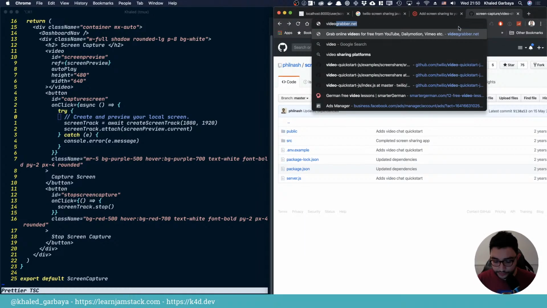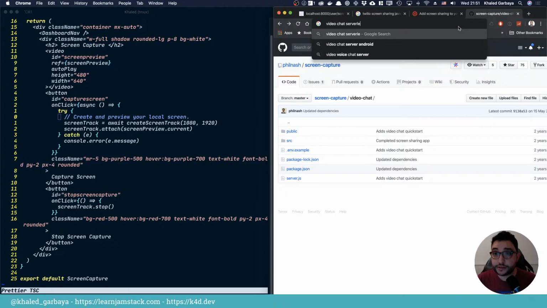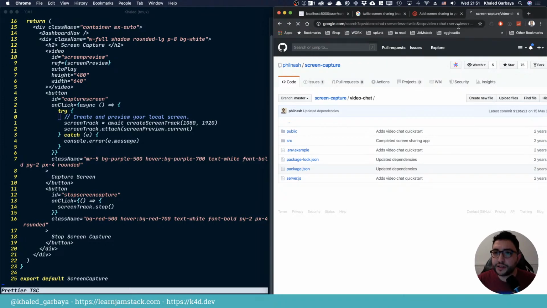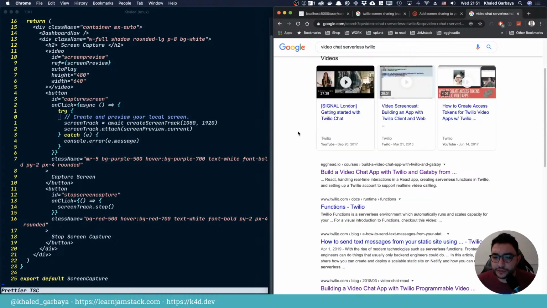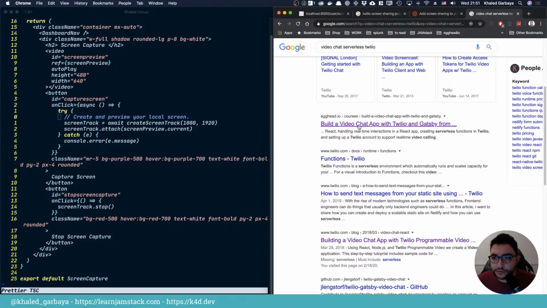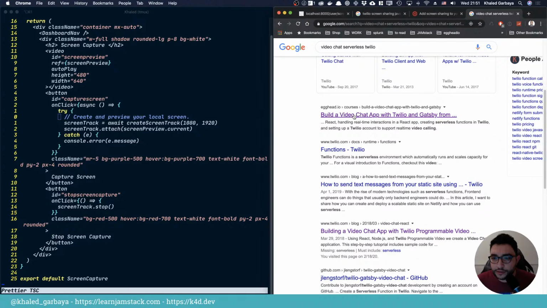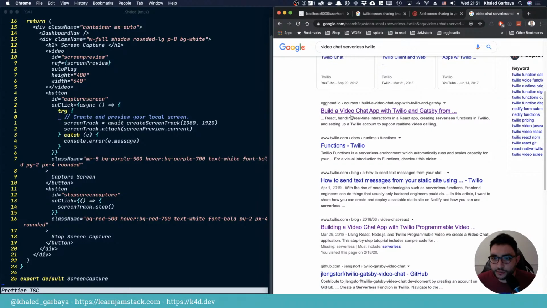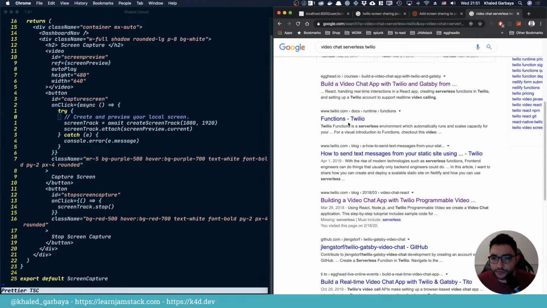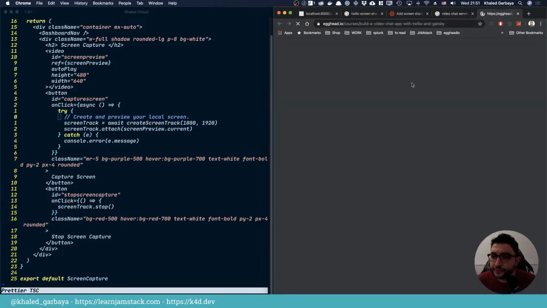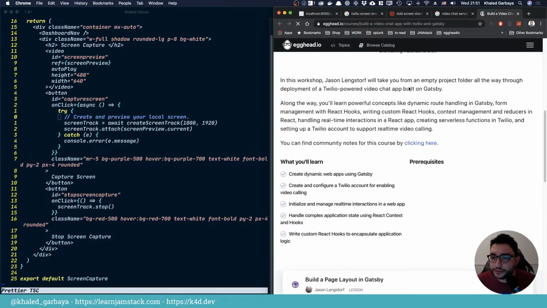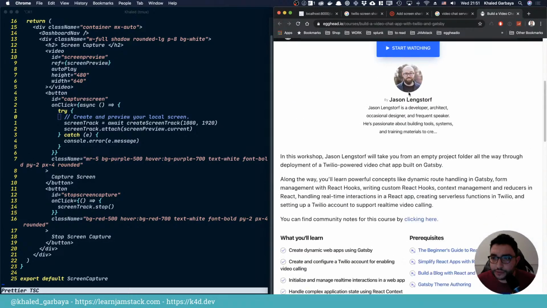Okay, maybe we can do video chat serverless Twilio, because I think they have like this Twilio function now. With Twilio from, yeah, this is from Jason's course. It's really great. If you want to check it out on Egghead, it's about building a chat app with Twilio and Gatsby, and that's actually what we want to do. And I'm interested in probably,